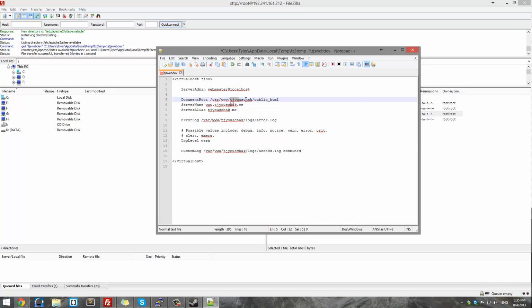So we're going to just change this here to tjswebdev, and make sure you have all the document root things the same, and we'll go ahead and set these roots up here in a couple seconds. So we can see we have var www tjswebdev public HTML. That will be the actual website, and we have the server name being